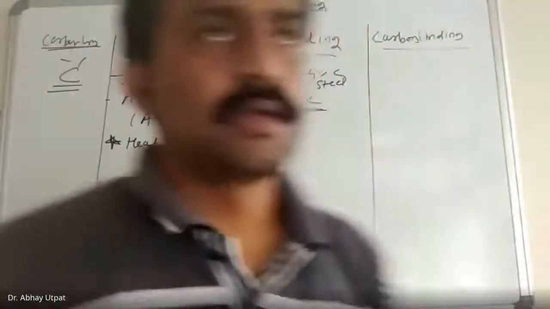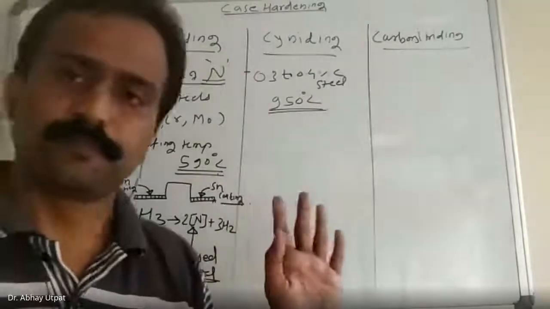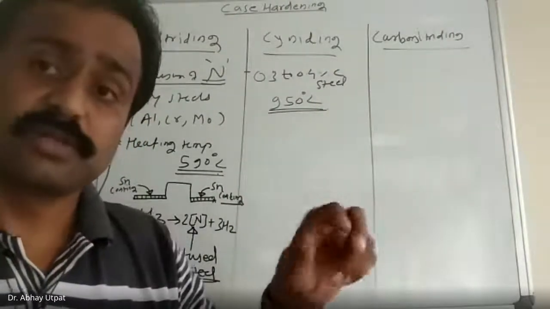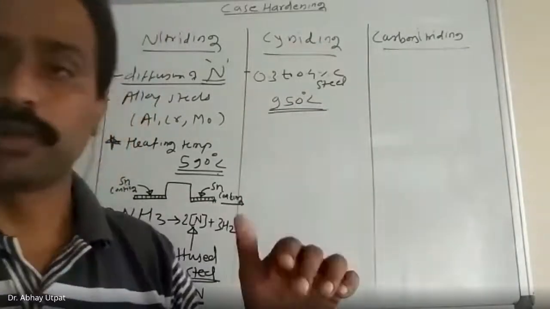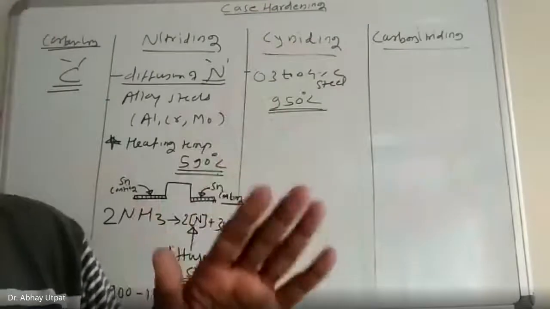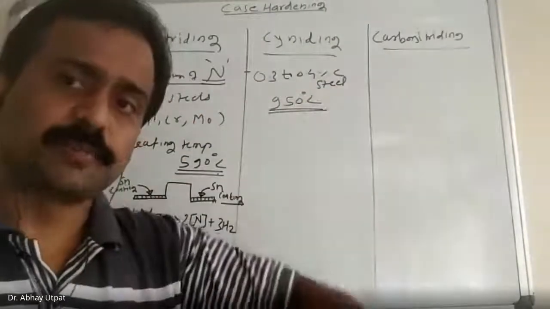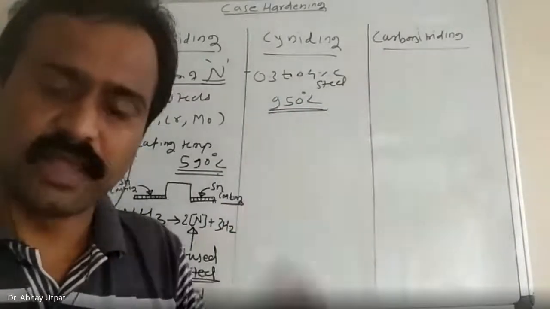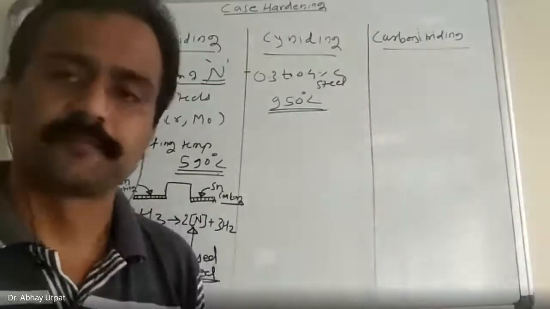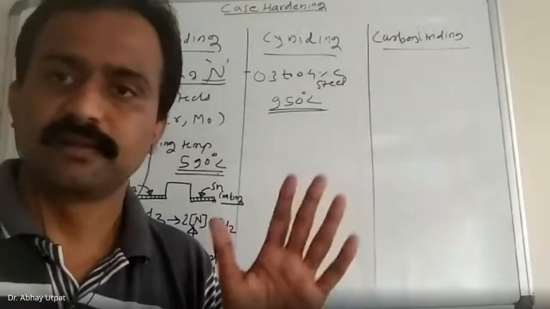Now, in case of liquid carburizing, the same sodium cyanide or potassium cyanide bath was there, either one. There was barium chloride to energize the reaction, and here you are going to pass air. Air means oxygen is there. So air is passed, and oxygen from that air reacts with sodium cyanide and continues with separation of carbon and nitrogen both.